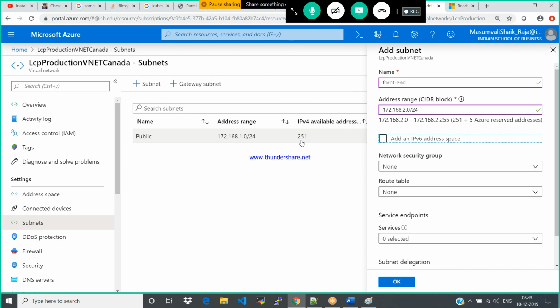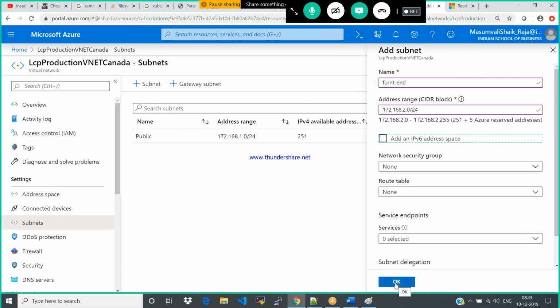And if I have created this 172.168.1.0 and I create one virtual machine in that public subnet, what could be the IP address of that VM? 1.4. 0 will be protocol. 1, 2, 3 are for the services. The fourth starts assigning from 1.4. That's how it works, till 254. The 255 is already assigned to the protocol again.